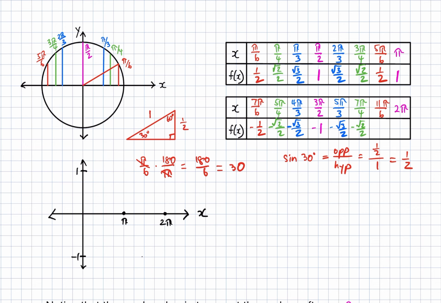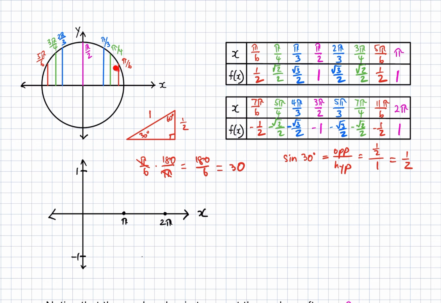The sine of 11 pi over 6 is going to be negative 1/2. And then the sine of 2 pi, which is a full rotation around the unit circle, will now be back to 1. Okay? All right, so if we were to take all of these